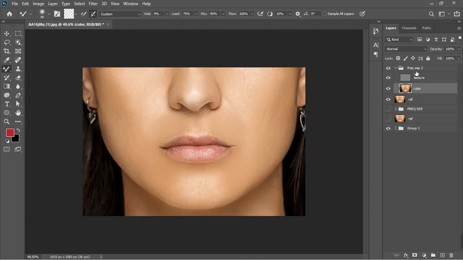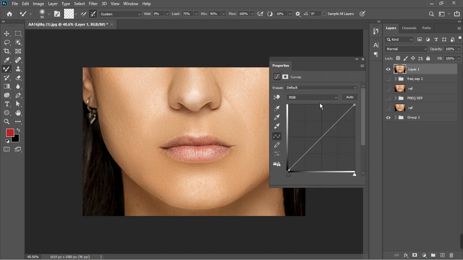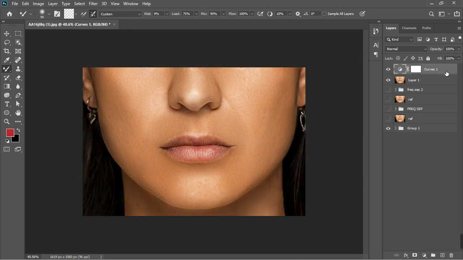So now we're done. We can actually create a stamp visible layer again this time, and then we can turn this one off, turn this one off. So what next? The next thing we're going to do is to actually dodge and burn. So get another one, curve, and take this one down a little. Just take it down, and then duplicate it